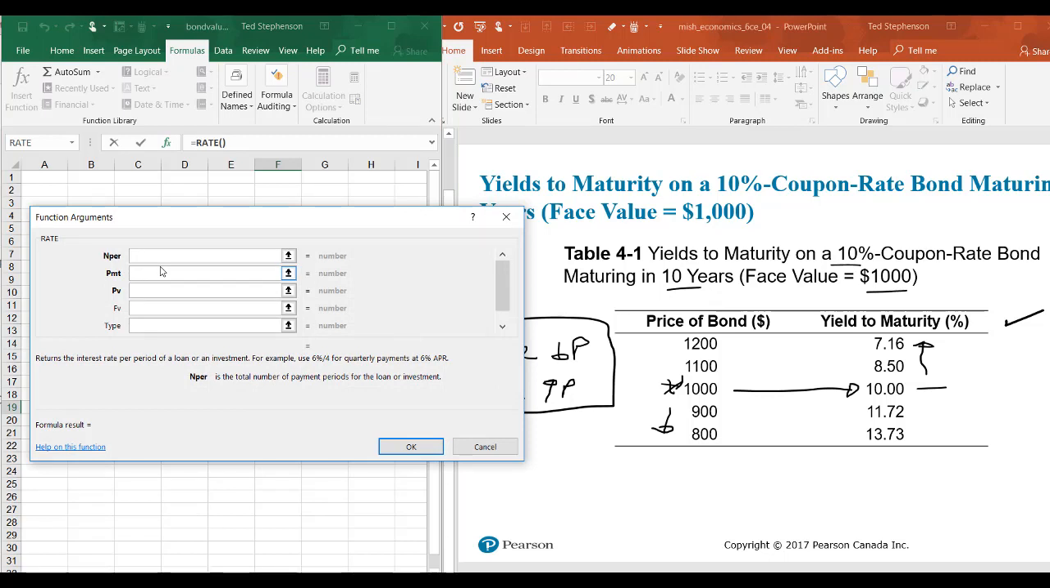Number of periods is 20. The payment is 50. The present value is negative 1,100. And the future value is 1,000. Okay, so we can see here it's going to be 0.04. That's the semi-annual rate. If I hit OK,